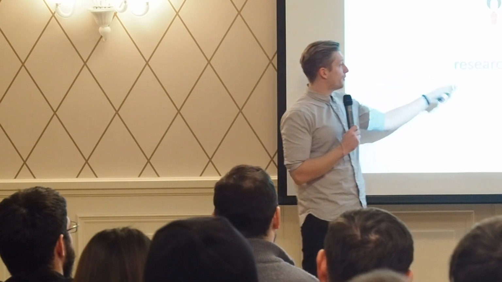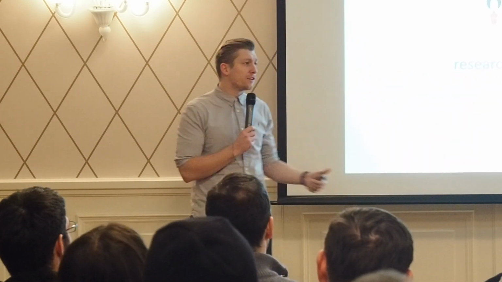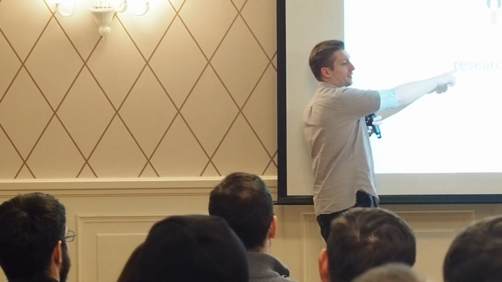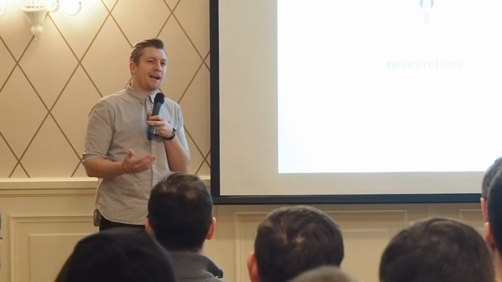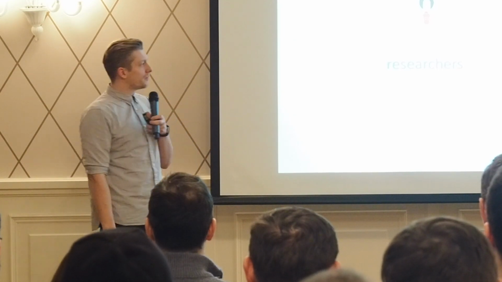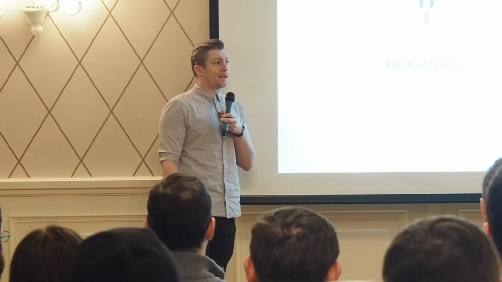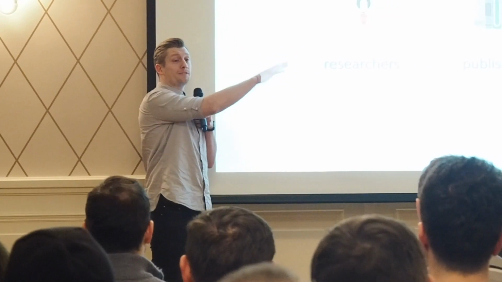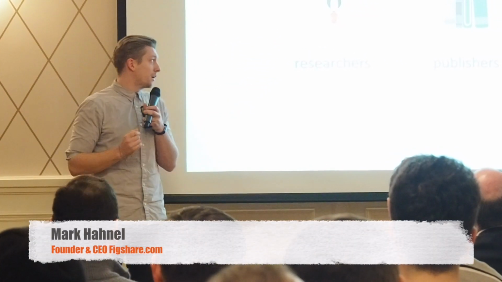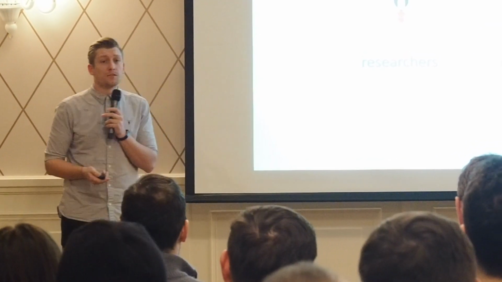Mainly, and this is the most important thing, we work with researchers, publishers, and institutions, so universities. If you'd asked us at the beginning what we do, we'd say we work with researchers. So this is the first point: there's this idea of fail fast, fail often. You can discuss the pros and cons of that, but if there's more money on the table, maybe go after that, because that will help your company be around in a year. That's kind of what happened with publishers and institutions. And now we're trying to work with academic funders as well.